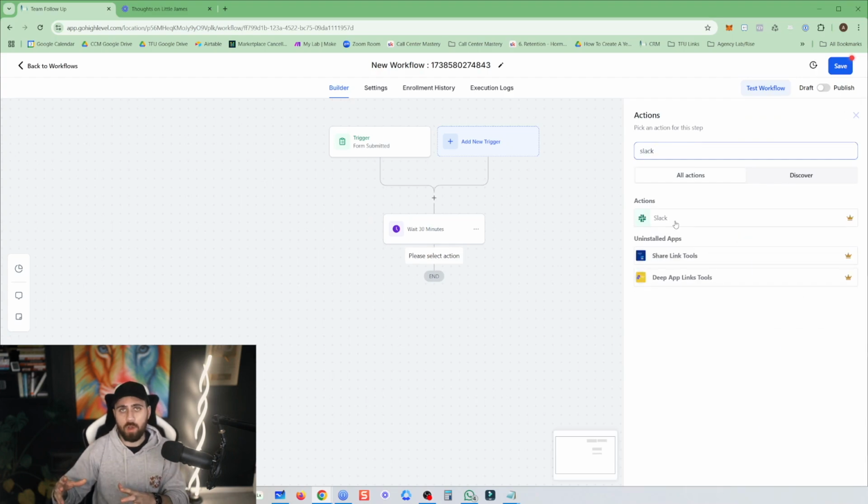I like to send it to Make first, and I'll show you how to do this because that way it's, first of all, it's cheaper. We are not using the special Go High Level actions. And also I like to have the separation between Go High Level and Slack and see it all through Make, because as we all know, Go High Level isn't always the most reliable. And if there's like a bug or something goes wrong, I want to be able to see the clear breakdown of the steps rather than just Go High Level try and tell me what it thinks happened, and it's very